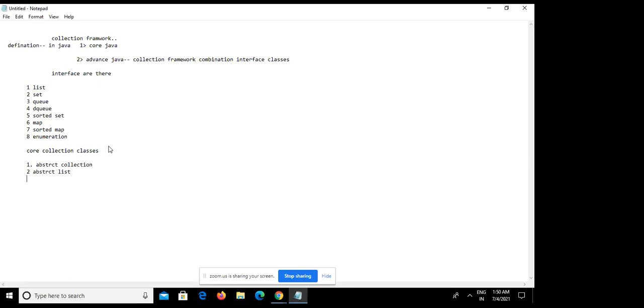Then abstract list, and I have the abstract sequential list. Fourth, I have abstract list, linked list, and array list. These are the classes. Fifth, array list, and array deque and array set. So basically six are there.